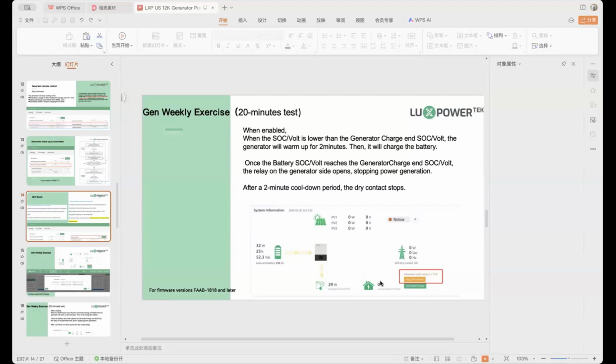The next one is when you are connecting the generator to a parallel system, please note there is a generator power. This still means the generate power. So it means the whole system can use it from this setting. For example, if you set 10 kilowatt, then it means all the inverters together can use 10 kilowatt from the